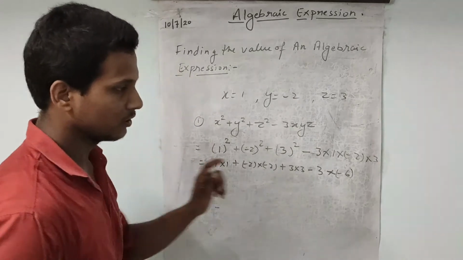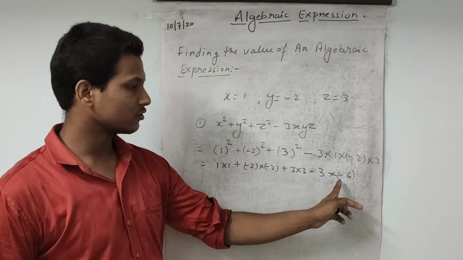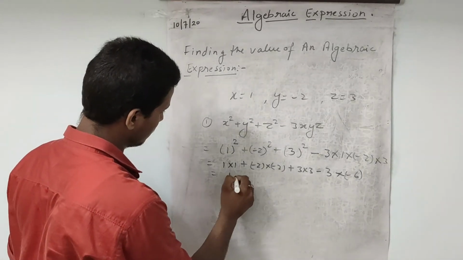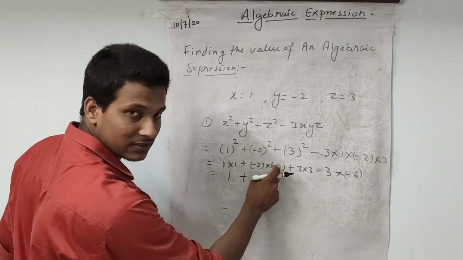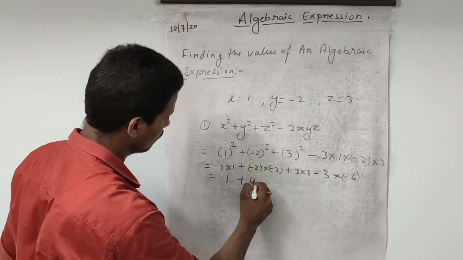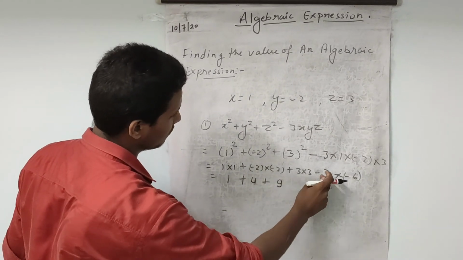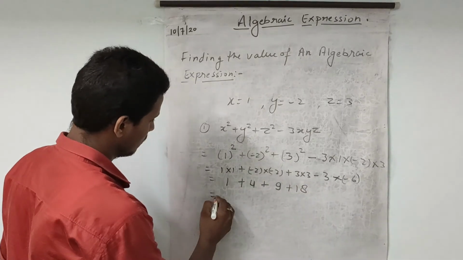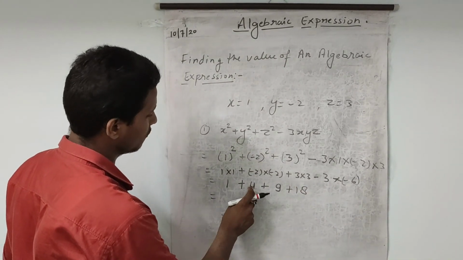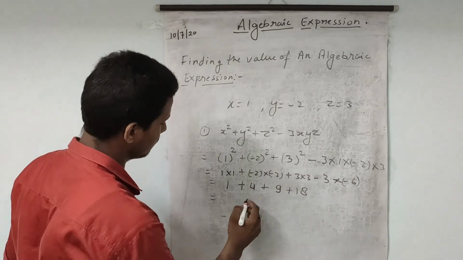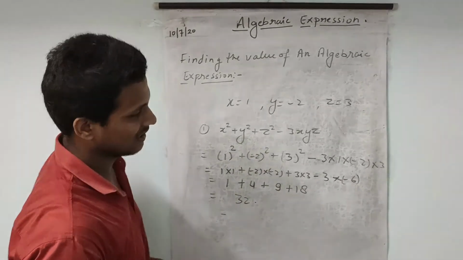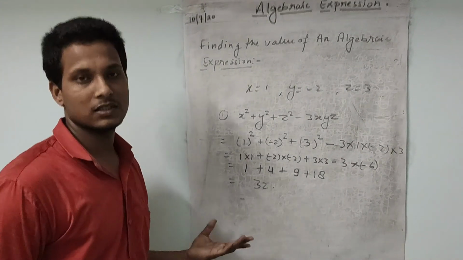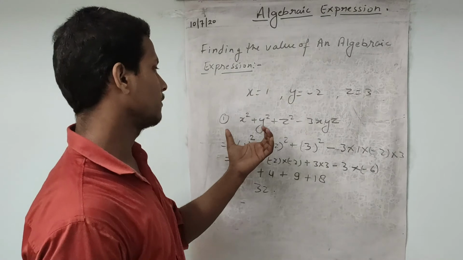Okay. Because a negative sign is there and a single negation is there, we will write only the negation here. Now the next thing: 1 multiplied by 1 is 1, minus minus is plus, and 2 into 2 is 4, 3 into 3 is 9, then minus 3 and minus 6, that becomes plus 18. Okay. Now we need to add the things. 1 plus 4 is 5, and 9 is 14, 14 and 18 is 32. So this is our answer. In this manner we find the value of an algebraic expression. Simply put the values here.